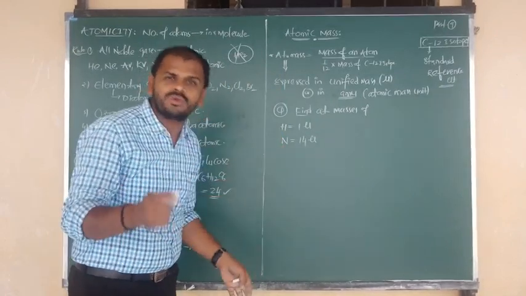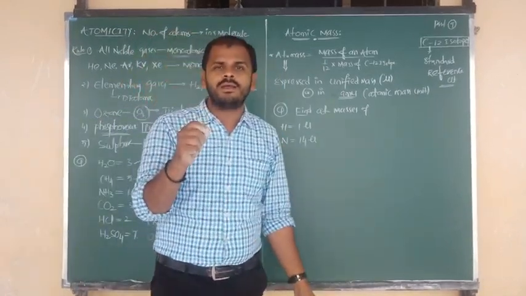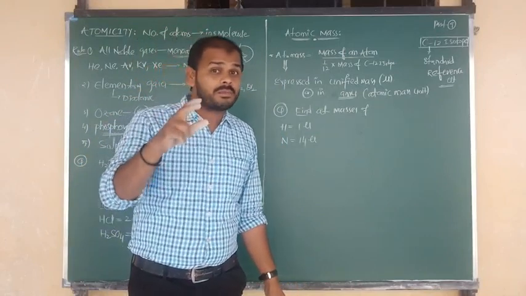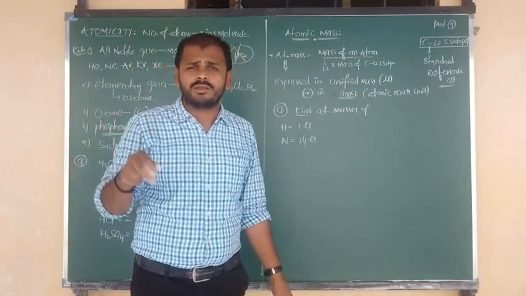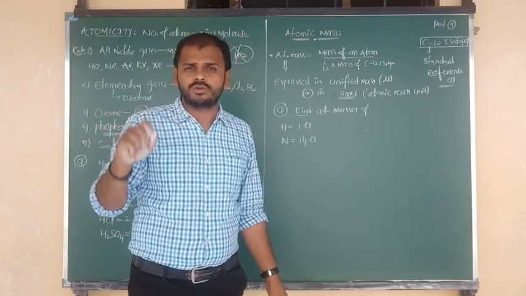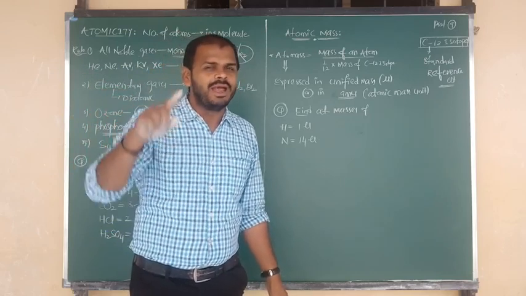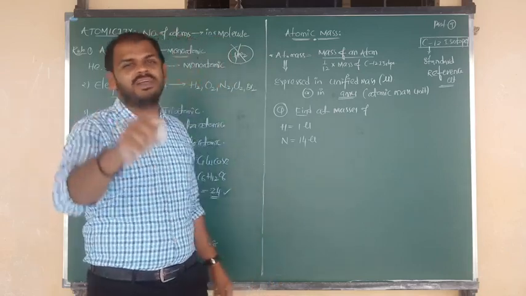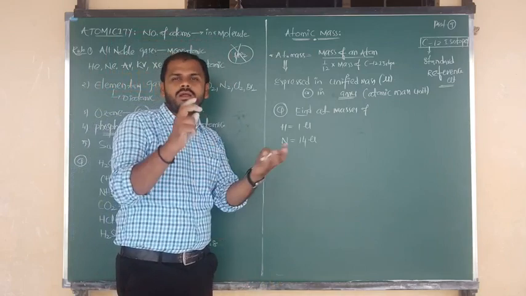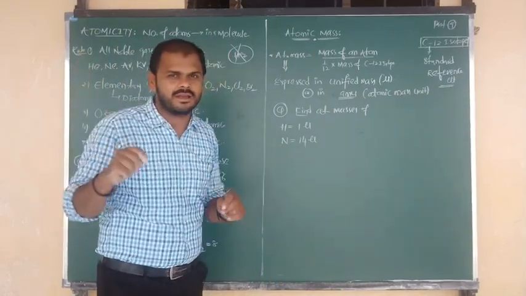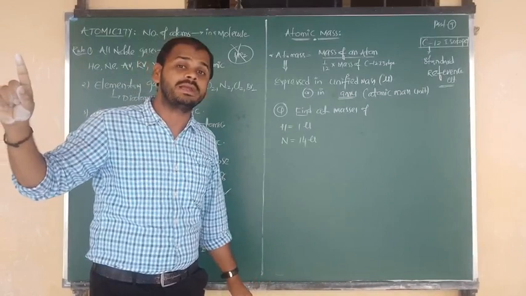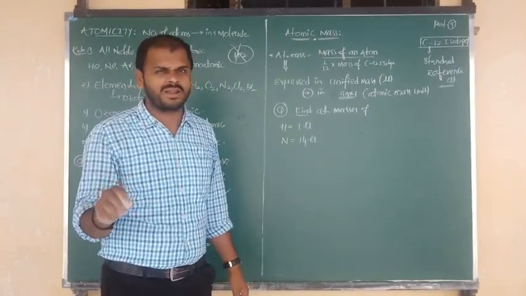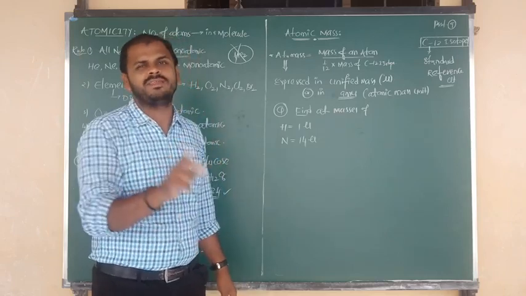And my dear students, all of you, try to remember the atomic masses of the first 30 elements. In maybe the 3rd, 4th or 5th video, I have given you a list of 30 elements with atomic number, mass number, and electronic configuration. If you do not understand, check that list, but try to remember all the first 30 elements, their atomic numbers, mass numbers and electronic configurations. Without knowing such fundamental information, you can't do anything in PUC.